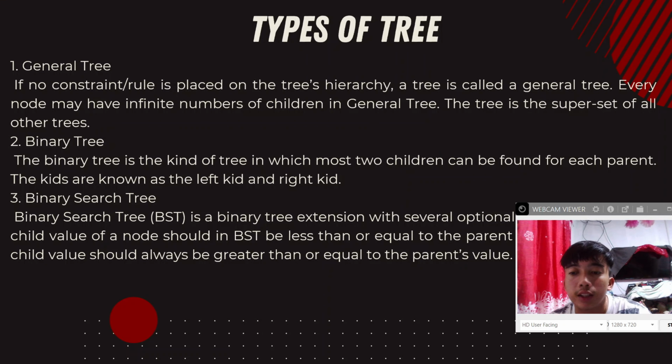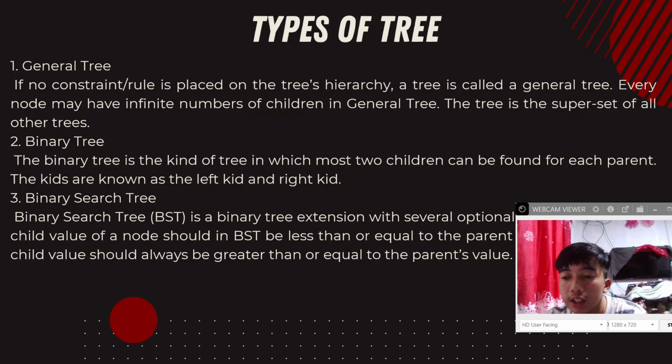So, types of tree. The first one is the general tree. If no constraint or rules is placed on the tree's hierarchy, a tree is called a general tree. Every node may have infinite numbers of children in a general tree. The tree is the superset of all other trees. So, a general tree is a tree that is termed a general tree when no specific constraint or rule is imposed in its hierarchy. And its characteristics are